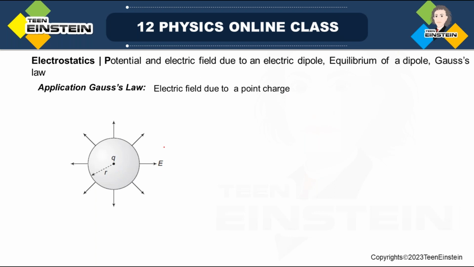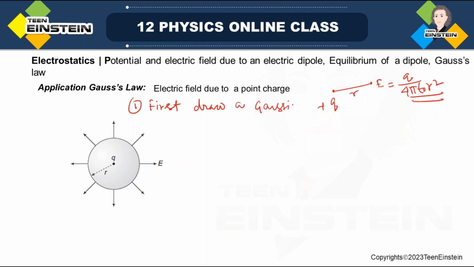We know the electric field. Suppose I have a point charge plus q. The electric field at any distance r is q by 4 pi epsilon naught r square. This is the field, right? But how do we calculate it by applying Gauss's law? To calculate this electric field due to a point charge, we first have to draw a Gaussian surface